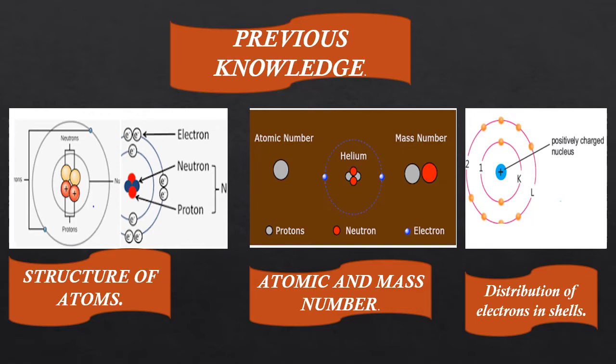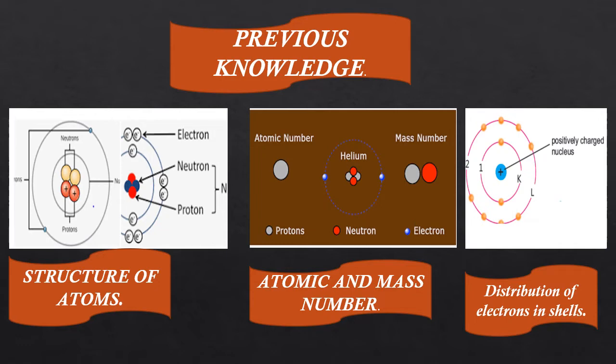So electrons revolve around the nucleus in particular energy levels called shells, as you have seen in the diagram, whereas protons and neutrons are present in the nucleus. Electron is the negatively charged particle, proton is the positively charged particle, and neutrons are neutral particles. As an atom has positive and negative charged particles present in the same structure, that is why an atom is neutral.